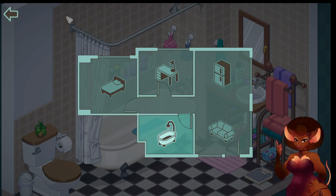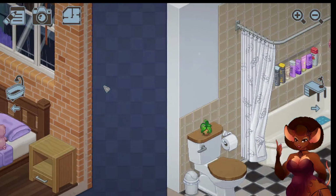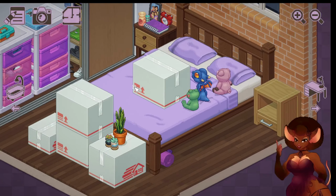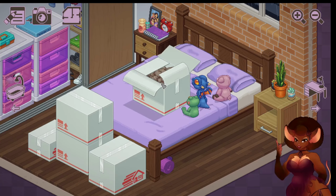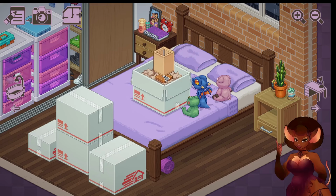So let's go to the bedroom next. Now I'm super excited about what this is. Now, I forgot if I mentioned it here, but I feel like we have proof that this is somebody else. Not just because of the addition of other people's stuff, but also the use of different boxes. And what I like about...